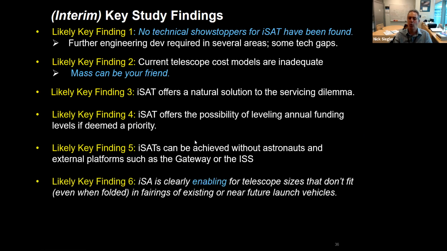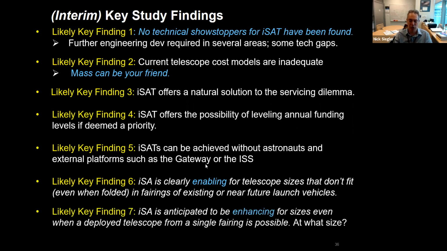So basically, when you can't fold the telescopes tight enough to fit into a fairing, you have now exceeded what we can do with single launch vehicles. So in-space assembly certainly becomes enabling. If you believe in an SLS becoming realized, then the answer is about 15 meters. And if an SLS, for whatever reason, does not become realized, then you're shrinking down to maybe a 12-meter class telescope. But the one that everybody is most interested in is